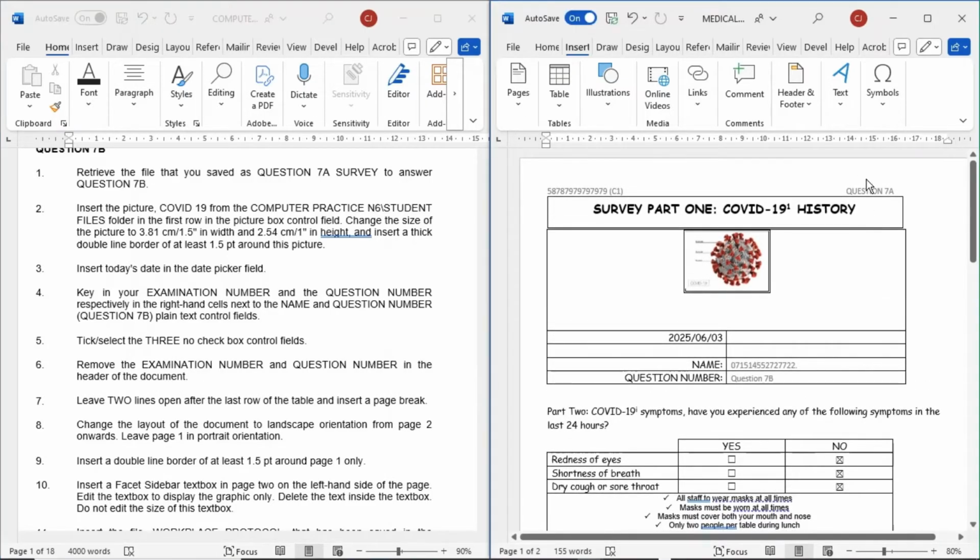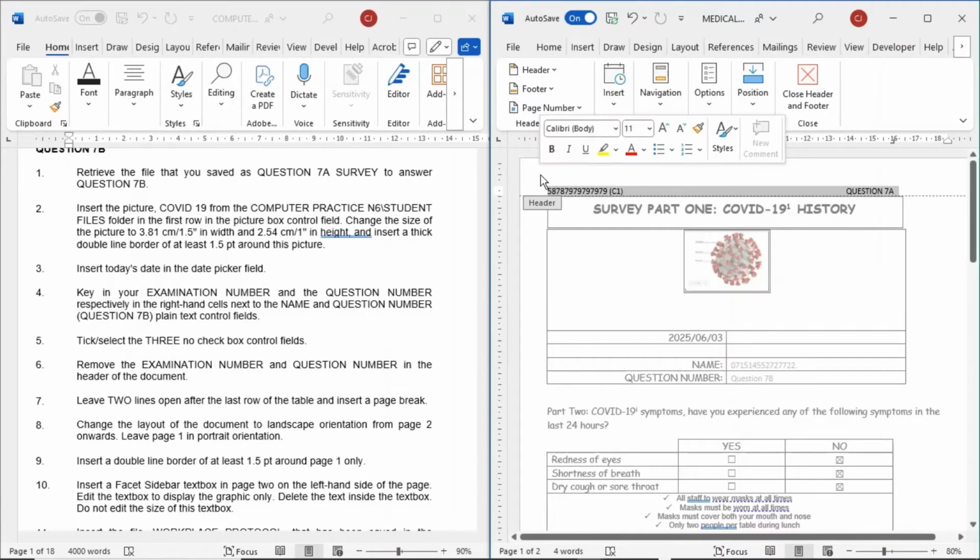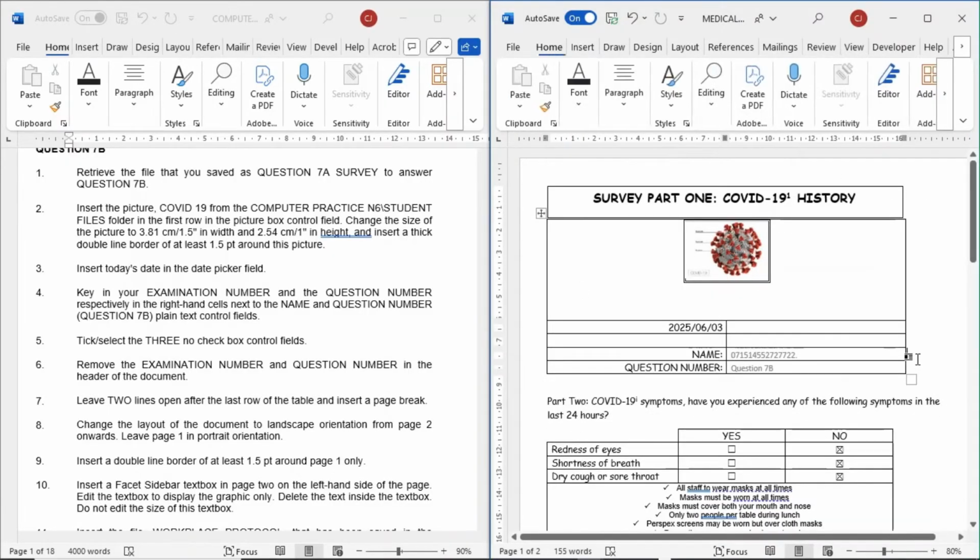Okay, we need to remove the header as we have typed it in the column.